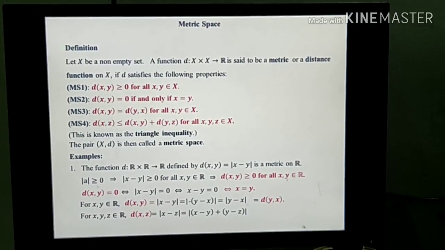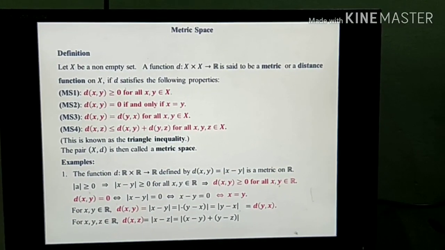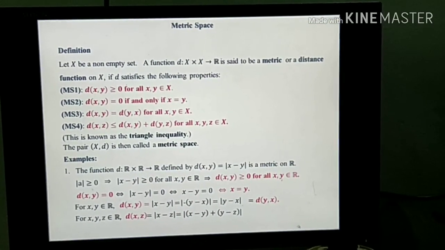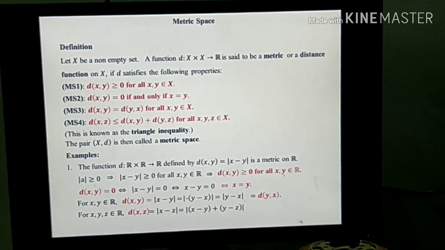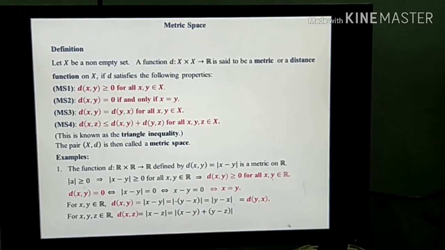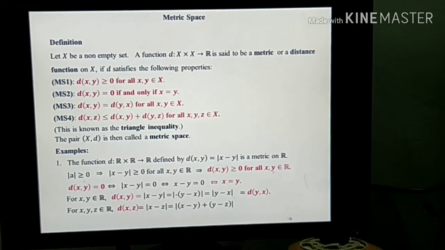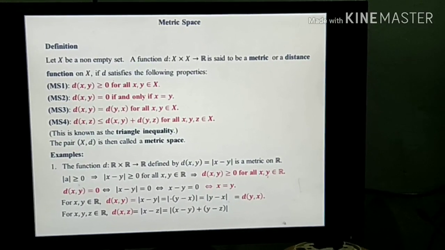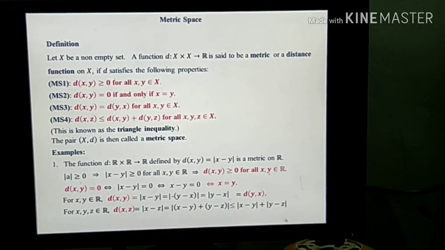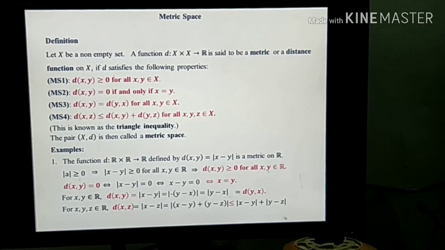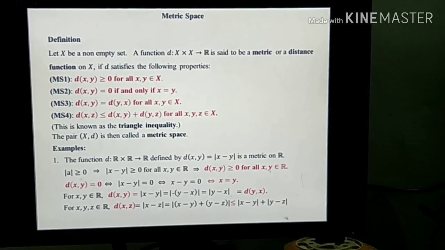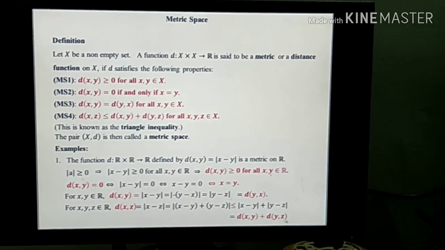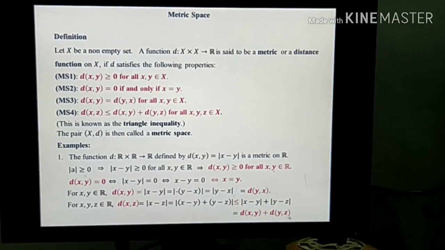Also there is a triangle property, or triangle inequality, for the absolute value of real numbers, that is |a + b| is always less than or equal to |a| + |b|. Therefore |(x - y) + (y - z)| is always less than or equal to |x - y| + |y - z|. And again by definition of d, |x - y| can be replaced by d(x,y) and |y - z| can be replaced by d(y,z).